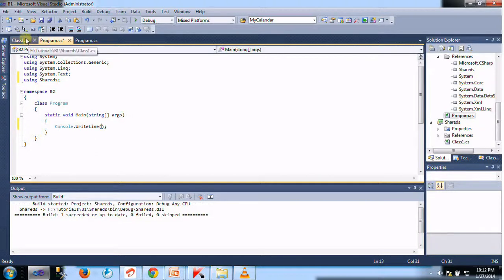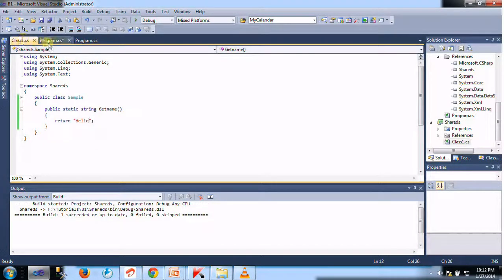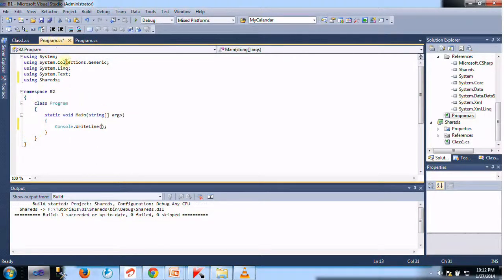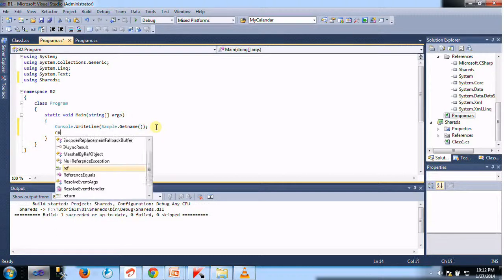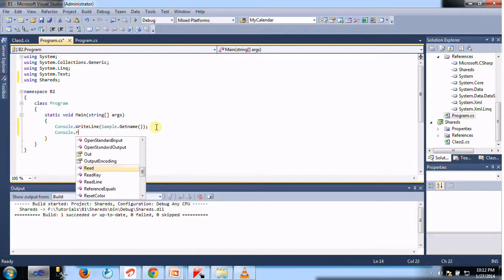Here my shared assemblies has a static method. The class name is Sample, so I call Sample.GetName, which returns the string hello. Next, Console.Read.